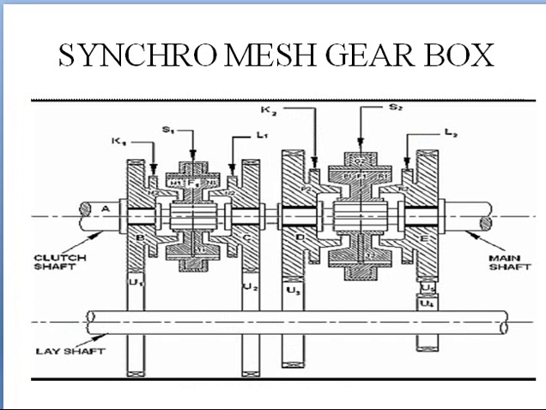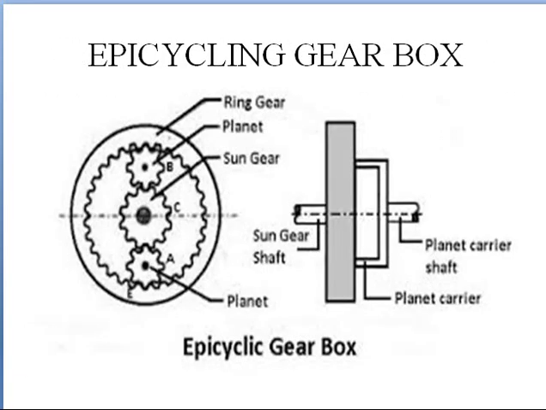And next one is synchronous mesh gearbox. Here the synchronous mesh will also have the same mechanism. The device here in the middle is called the synchronous device. So this and this are the synchronous devices. This is the driving shaft and this is the driven shaft. Depending upon the motion which we require, the synchronous devices will be moved left and right, and as one comes in contact with these gears, which are connected to the main shaft, the power transmission will take place from these gears to the synchronous device, and as a result the main shaft will start rotating. So this is how the synchronous mesh gearbox will work.